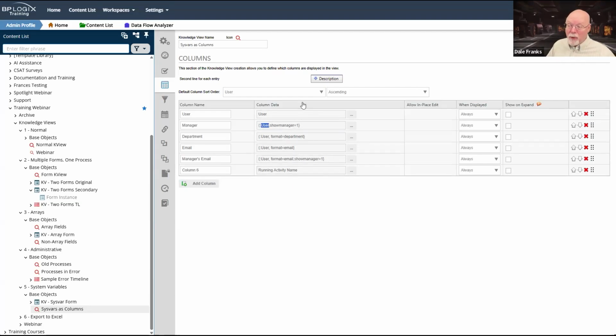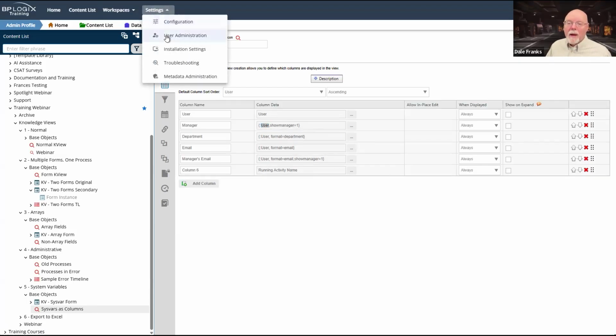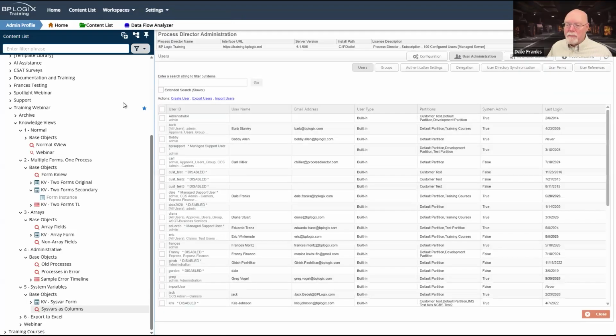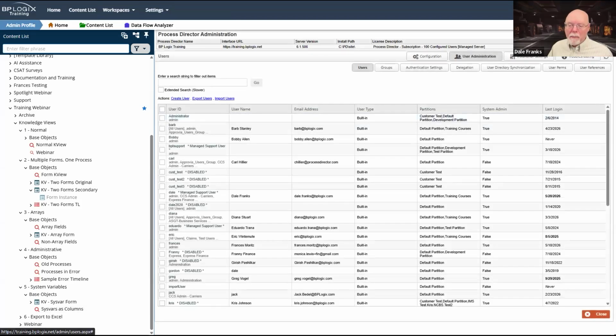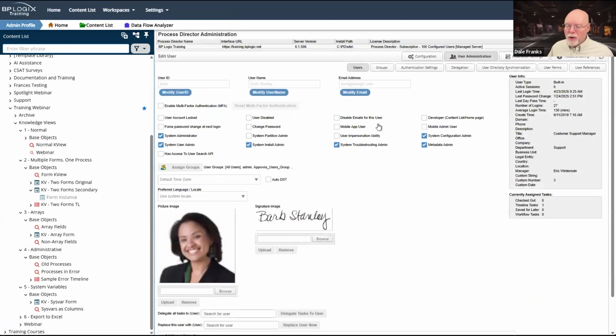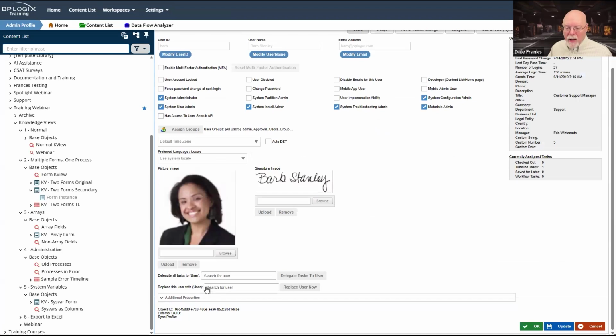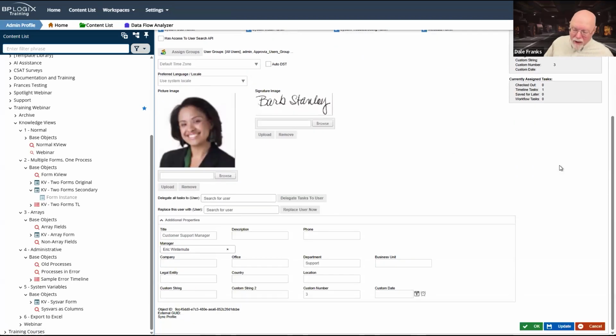In fact, I can pull for a user, if we were just to go look at user administration, we'll pop open Barb's user account here, and all of these additional properties, assuming that they're set, are part of the user object. So if I can do it for current user, because all user system variables return an object.